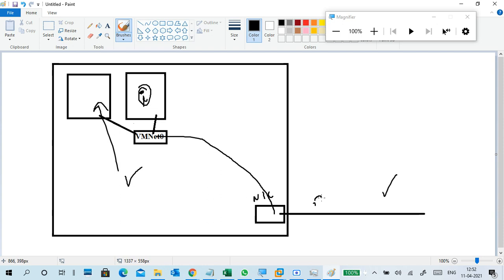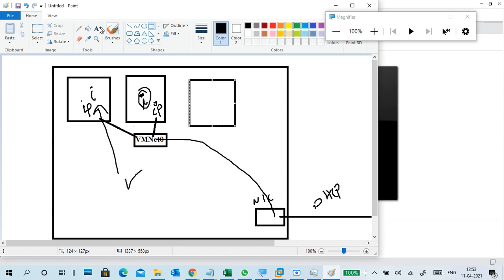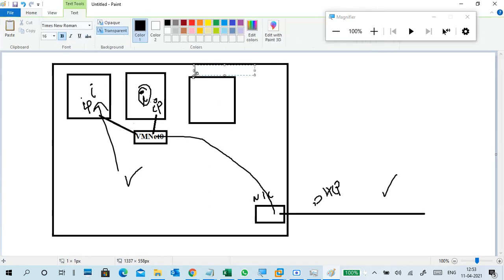Next, we are getting DHCP service from outside, right? It allocates IP addresses automatically, so you don't need to configure IP addresses manually. We got IP addresses for our PCs directly from our DHCP server, and also we are getting internet service to our virtual machines. So for that we use VMnet 0. Now we are using a server. A server doesn't need an internet connection. Important: a server, you should not connect to the internet, and it is not required.